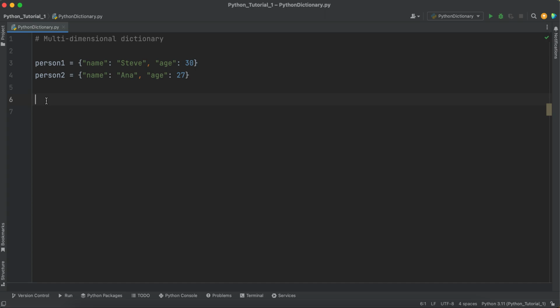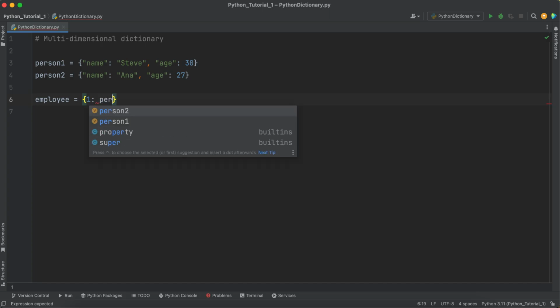Let's say we want to maintain a dictionary of employees. So employee is equal to, I want to treat this entire person1 object as one of the values of my dictionary. So let's say employee 1 as person1,